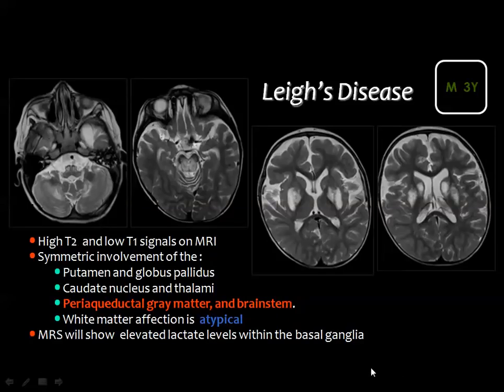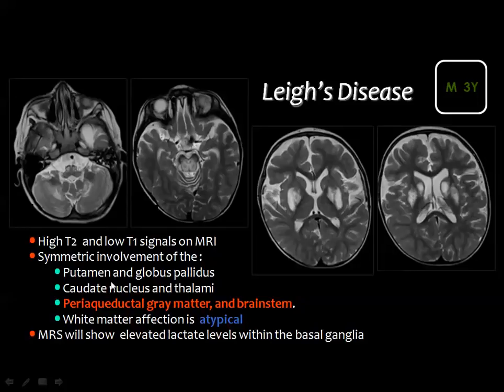Then the lesions of Leigh's disease will appear of low signal in the T1, high signal in the T2 and FLAIR. In the CT scan, they will show hypodensity, and the sites are very characteristic for the diagnosis of Leigh's disease. They involve